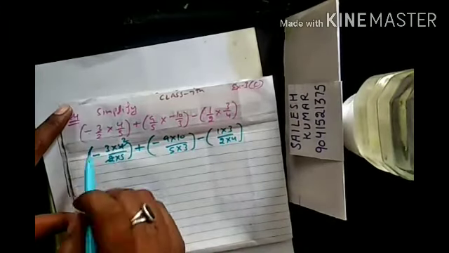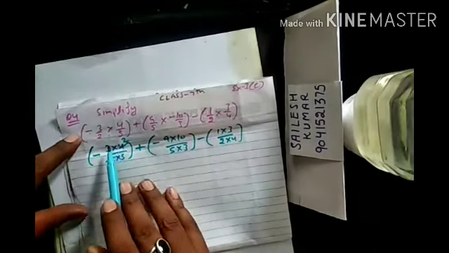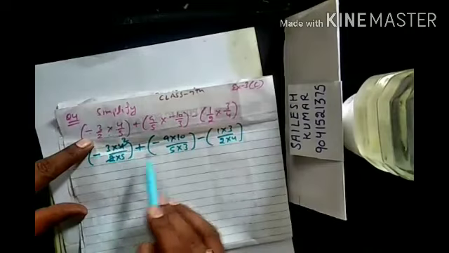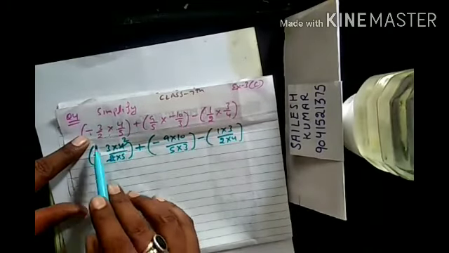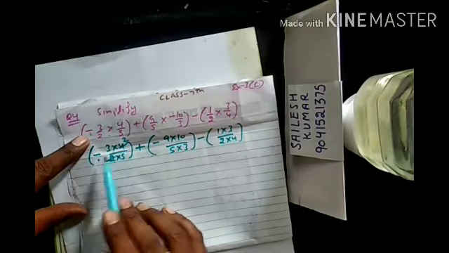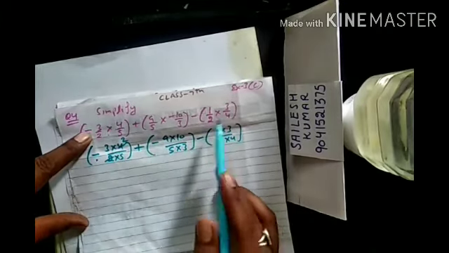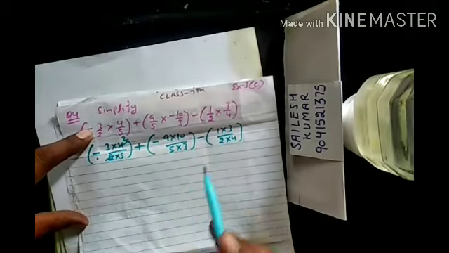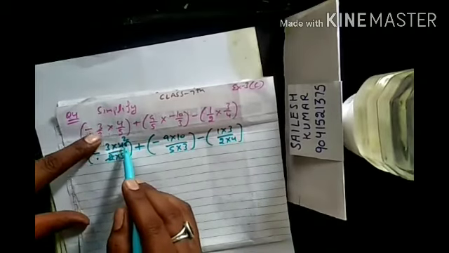Okay, let's see this question. In this question there are 3 brackets, and we will firstly, as per the BODMAS rule, solve the brackets. When we solve the bracket, we write the terms inside the bracket like this. This is negative, therefore negative and positive, so the answer is in negative. Here one negative is there in the multiplication, so the answer is in negative term, and here the 2 positive rational numbers, therefore the answer will be positive. So 2 and 4, 2 divided by 4 at the table of 2.